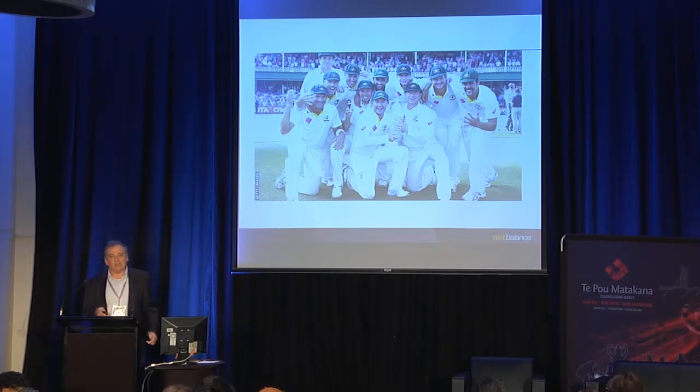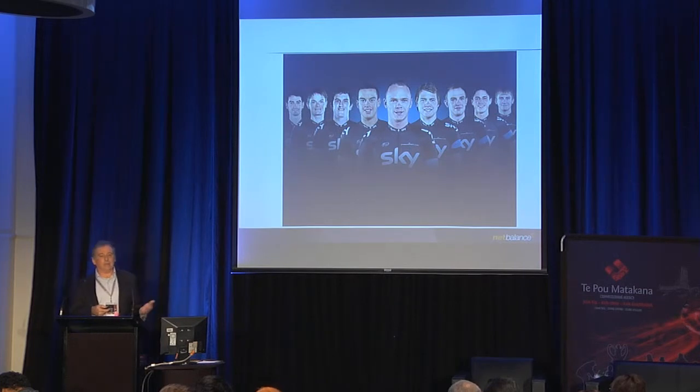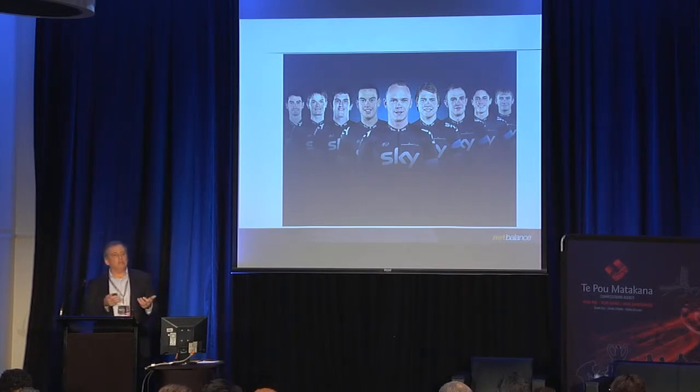The guy with the moustache on the right in particular, he went from the biggest failure to the biggest success, understanding the weaknesses, what he needed to improve in order to take that team onto a new level, focusing on individuals to transform how a team works. Now, this is the British cycling team, 2 Tour de France winners, numerous Olympic gold medals and so on. That team is built around measuring everything and looking for a 100% improvement in everything they do. And then you add it all together and then you win. So a different approach, not focusing on an individual or a couple of individuals, but focusing on the organisation as